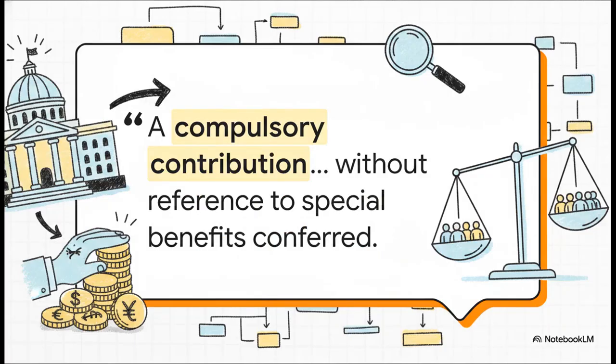To really lay the foundation for our analysis, we need to look at how the experts define it. There is this classic, highly authoritative definition from the economist Seligman. He defines a tax as a compulsory contribution from a person to the government to defray the expenses incurred in the common interest of all, without reference to special benefits conferred. Okay, I know that is a brilliantly precise definition, but wow, it's a bit dense, isn't it? So we're going to go ahead and unpack exactly what Seligman means.